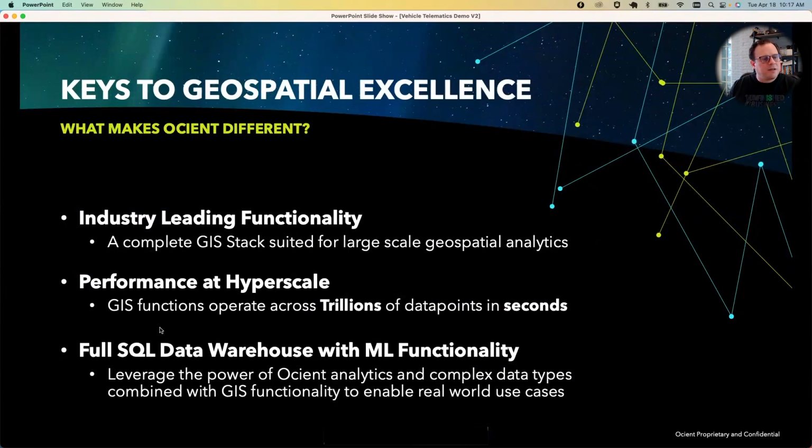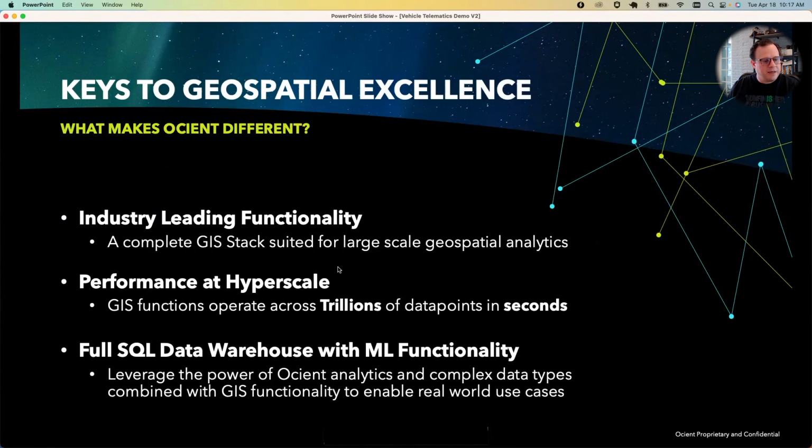The underlying architecture of Ocient allows us to perform at hyperscale and factor all that geospatial processing into the mix and the analytics. So we're piggybacking off of that solution stack that I talked about a few slides ago, and we're aiming towards interactive performance with geospatial data and functionality. And performance at hyperscale with geospatial is a very challenging problem to solve, and it really requires companies who are dedicated to solving that problem to do it well.